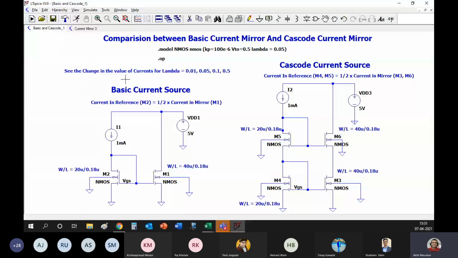Now you can see I doubled the width, but I did not change the length. Mandar, can you note that? Yes, sir. So as far as simulation is concerned, I can actually change the length, but as a designer, when you start working in a fab, then you are not allowed to change the length.